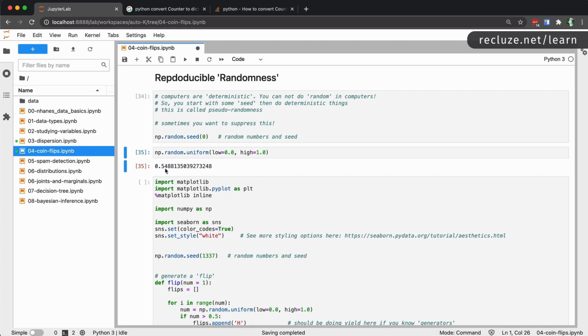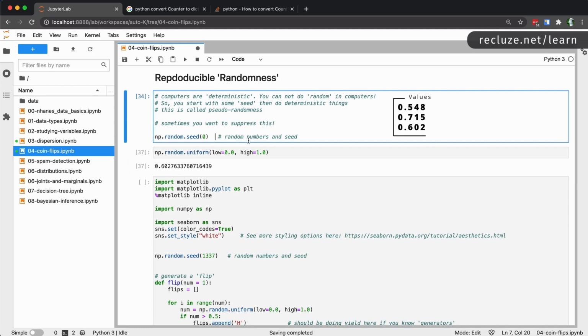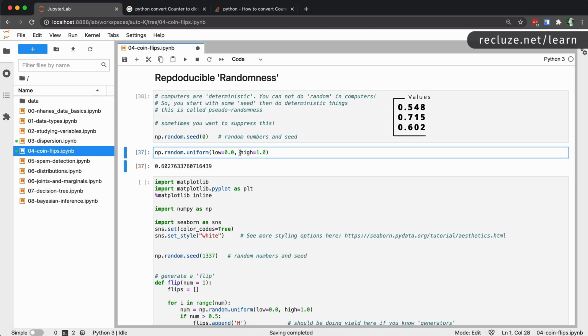So the value is 0.548, then 0.715, and then 0.602. If I restart my whole notebook and run this cell again, it's still going to give me random numbers, but the first 3 that I've seen are going to be reproduced. So if I start off by setting this seed, which I'm going to explain in a minute, and generate another uniform number, it's going to give me the same numbers: 0.548,